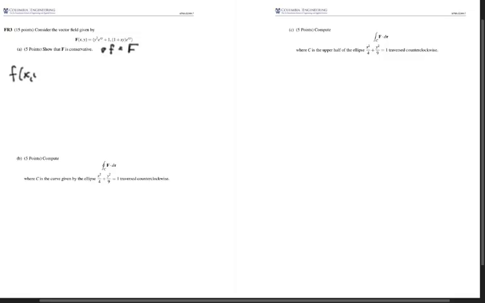What is f of xy going to be? Well, we start, as usual, by looking at the first component of the vector field big F here. If it is conservative, that is the x partial derivative of our little f. So what we're going to do is take that, and find an antiderivative where we treat y as a constant, so sort of anti-differentiation in x. So y squared we can treat as a constant. I've got e to the xy here. That's a simple substitution. Treating y as a constant,